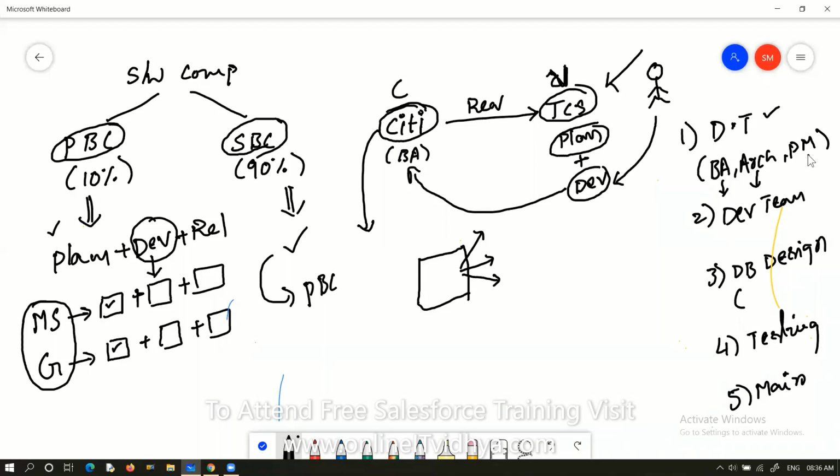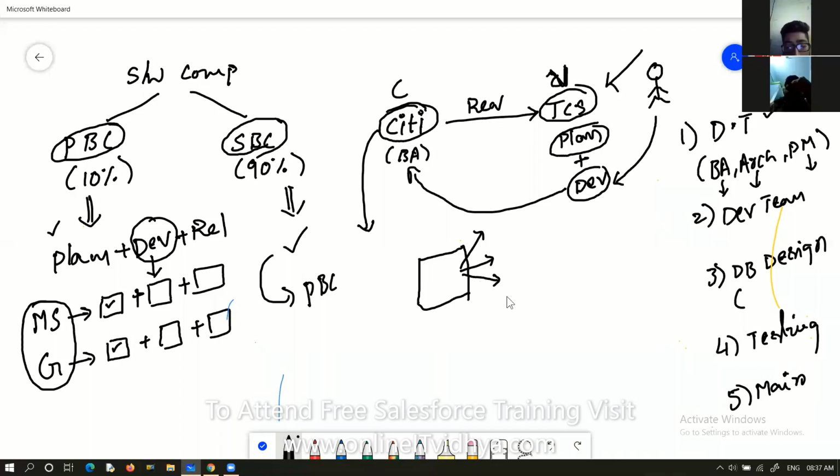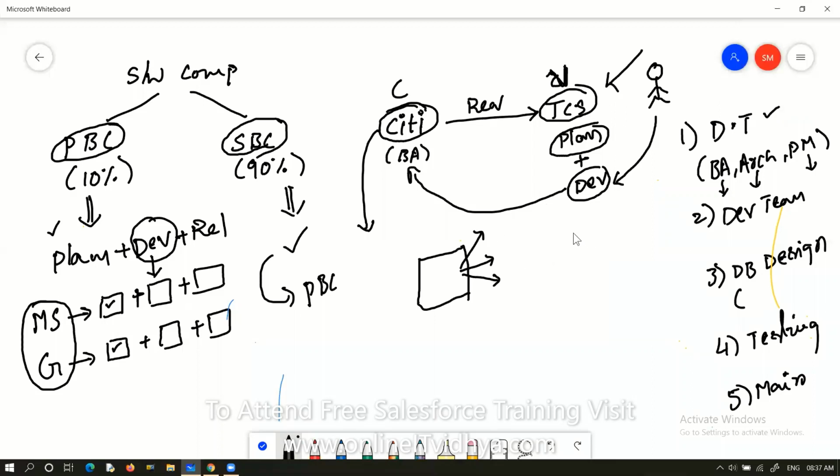And the project manager is going to do the scheduling of the project: when the project has to start, when the first release and the second release happen, when the project has to be tested, when it has to be deployed, and when it has to be released to the client in different versions. Everything is taken care of by the project manager. These three combined we call one team, the designing team.